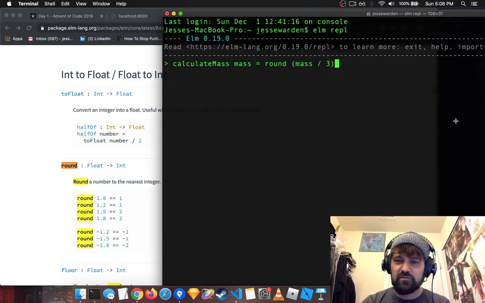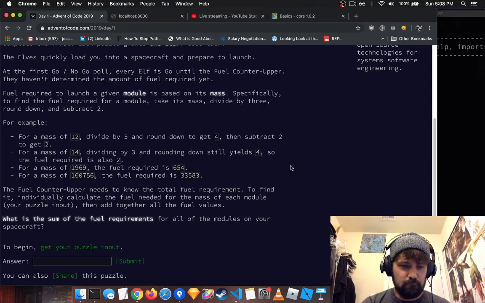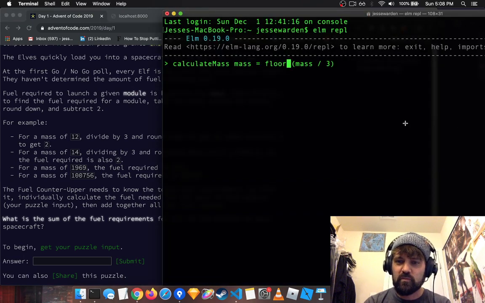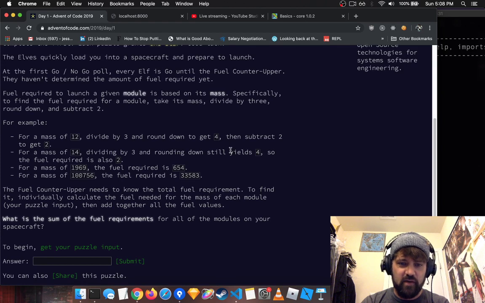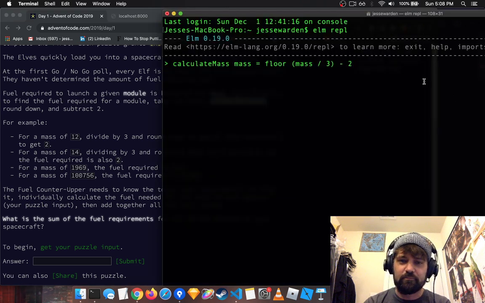Is that round? No, we need floor. Let's do floor. And then subtract 2. So take the mass, divide by 3, round down, and then subtract 2. Okay. So assuming we calculate mass